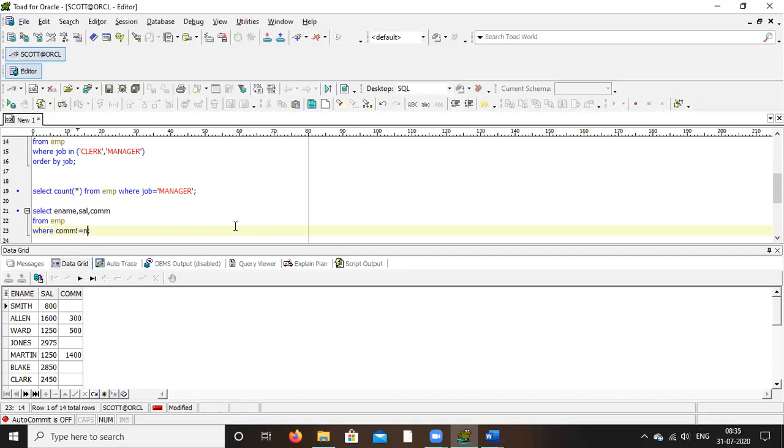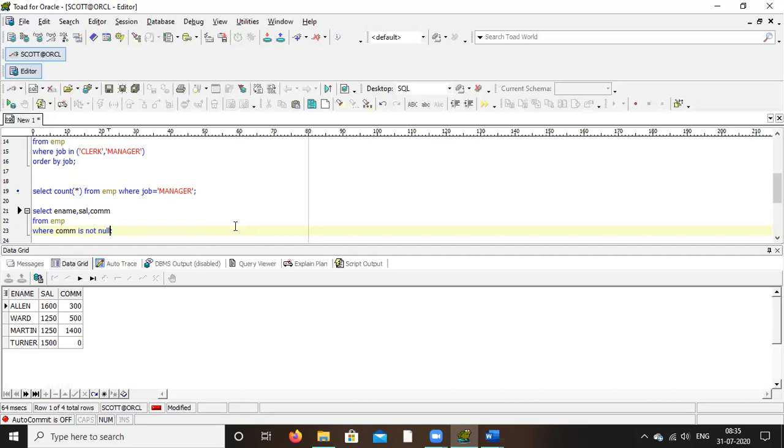Now write on the next line where commission is not null. You cannot write equal to, not equal to in the null case. You have to write is null, is not null. Now control enter. Okay, so these are the not null values.